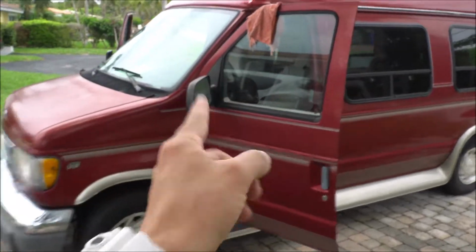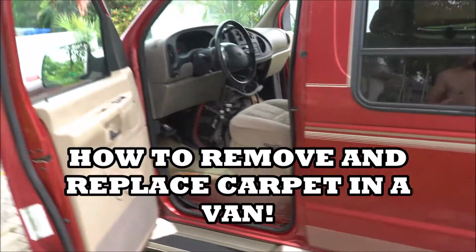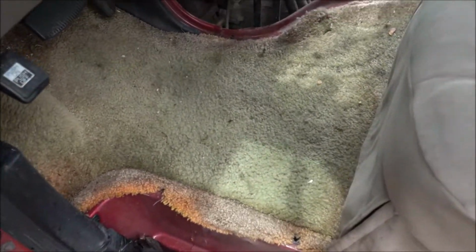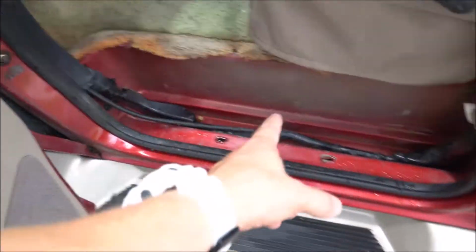And today we have an E150. You guys know how I love my E150 vans. We are going to show you how to remove the carpet and put in new carpet right here on Chasing Profits. First step, what you're going to want to do is you're going to remove this